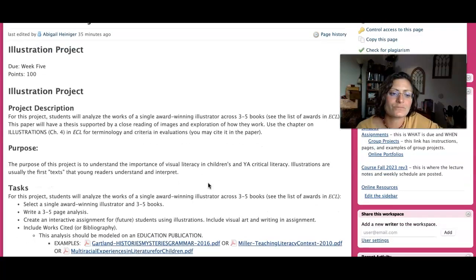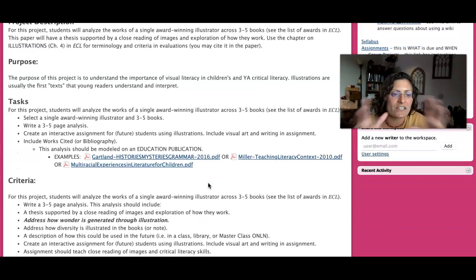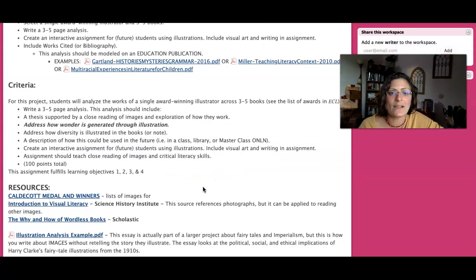So the tasks here are: 1, choosing the illustrator, then a 3 to 5 page analysis, and finally creating an interactive assignment for future students. For future students, remember, you can interpret broadly whether this is a classroom or a library or a university or a master class, whatever this is. That's what you're going to be doing right here. And I have some examples here, as well as